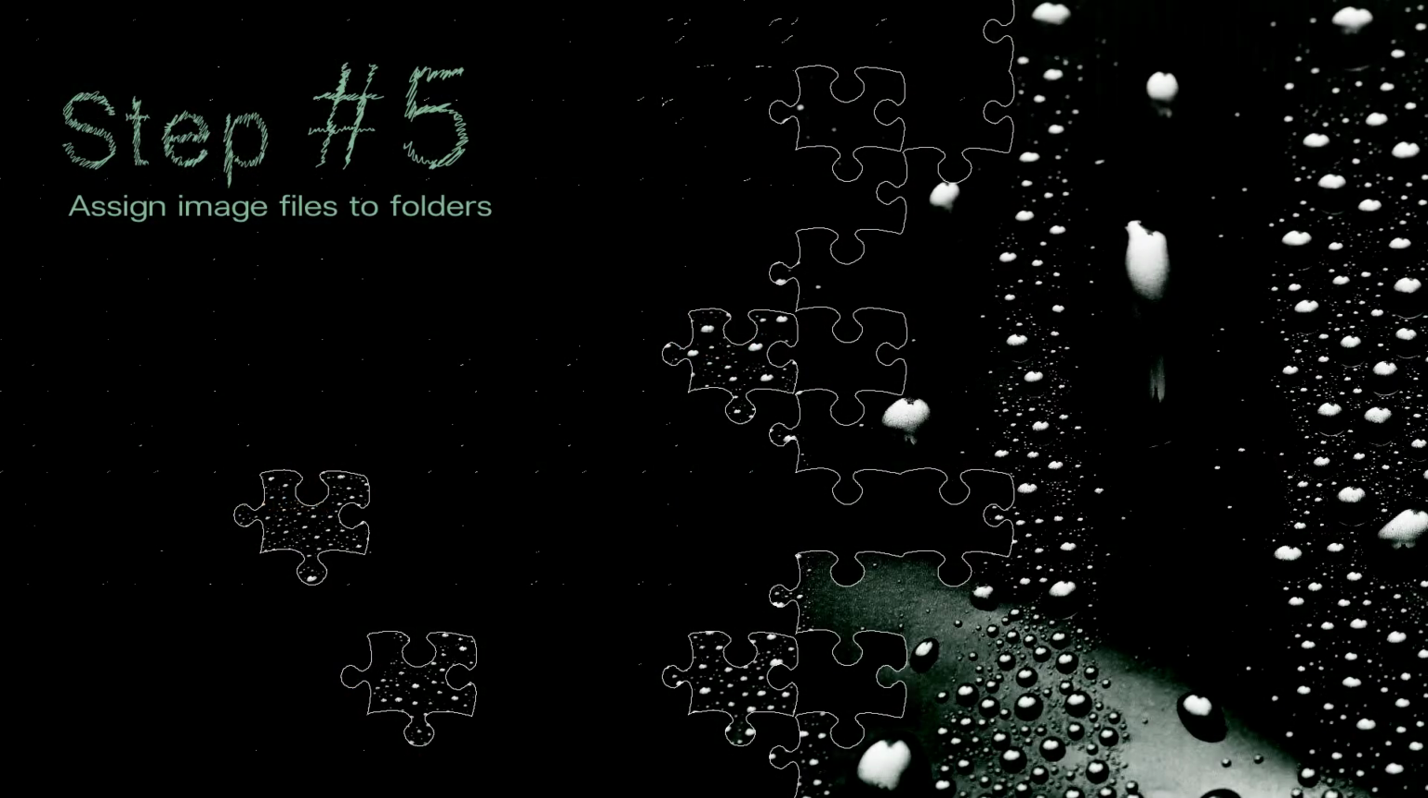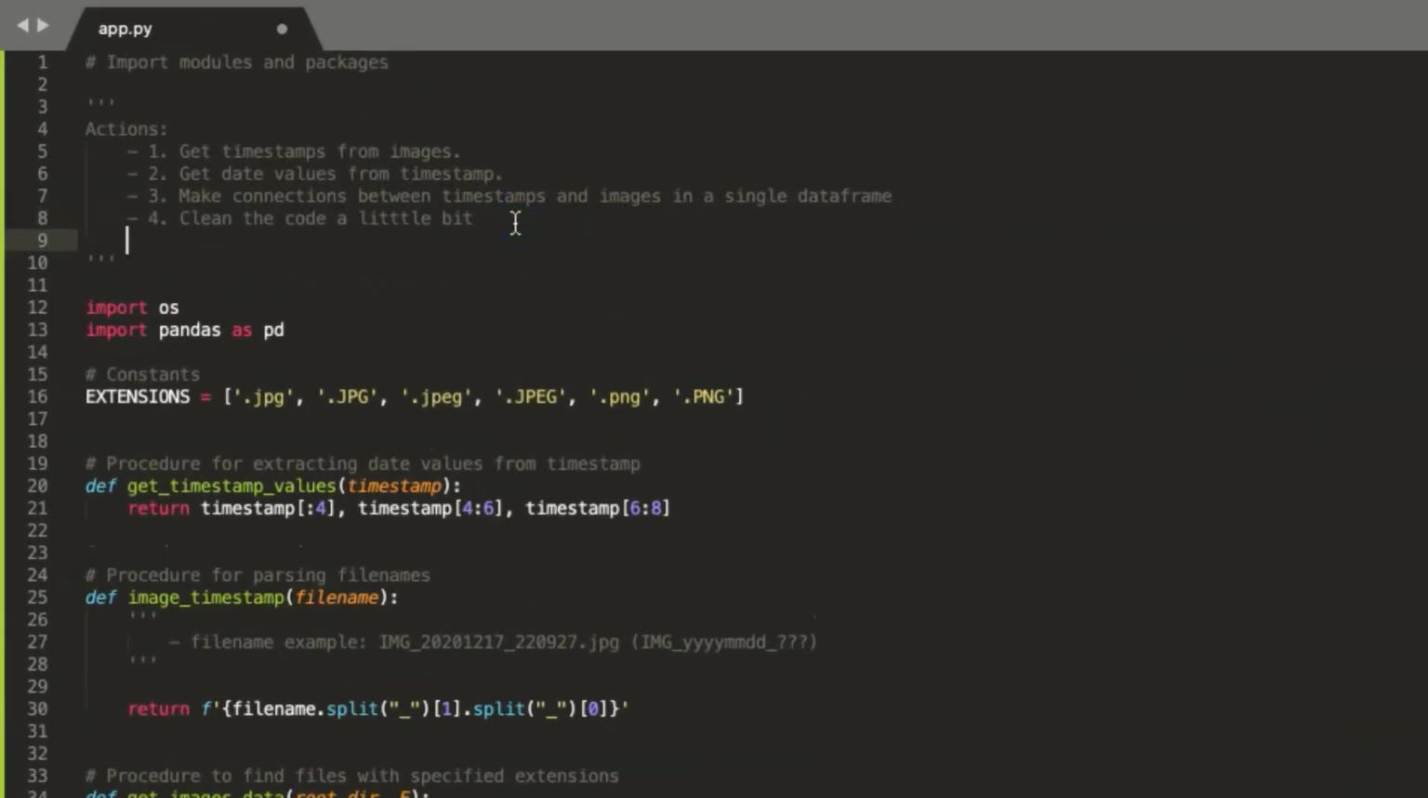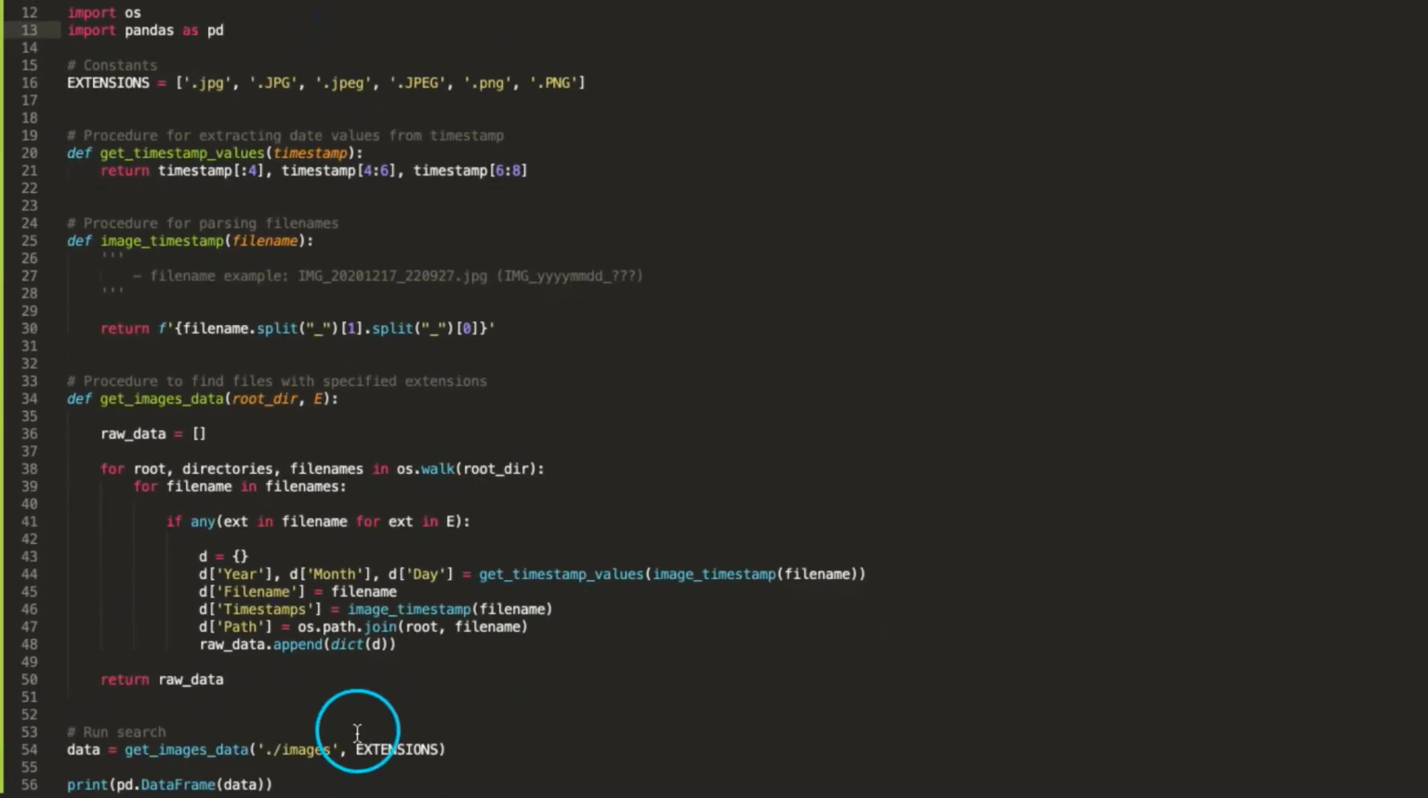Step number 5. Assign image files to folders. In this step we simply create a procedure that will create folders for our timestamps. For example, if we are storing files by day, it will create folders by day. If we are storing images by month, it will create folders for month. So in our scenario we will create timestamp folders for days, and for this we are writing our procedure